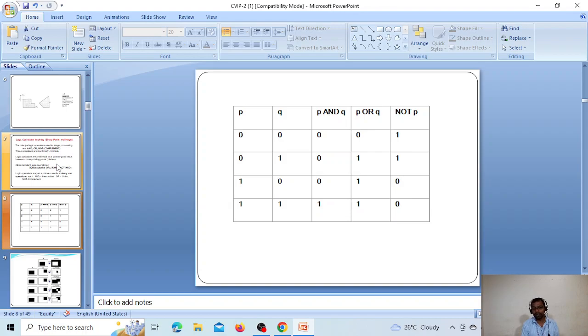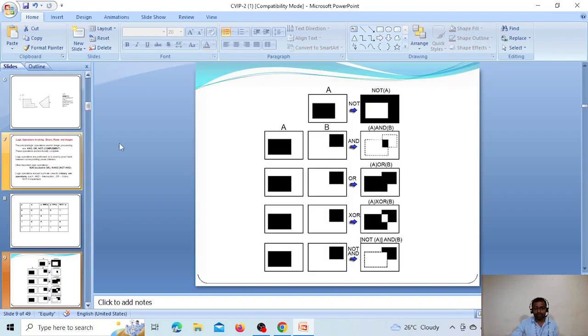If your input is 0 1, then AND value is 0, OR value is 1 and NOT value is 1. If the input is 1 0, then AND value is 0 and OR value is 1. Suppose you take the P value 1, the NOT value is 0. Suppose it is 1 1. So the intersection, AND of 1 1, is 1 and OR value is 1, and NOT value is automatically 0.